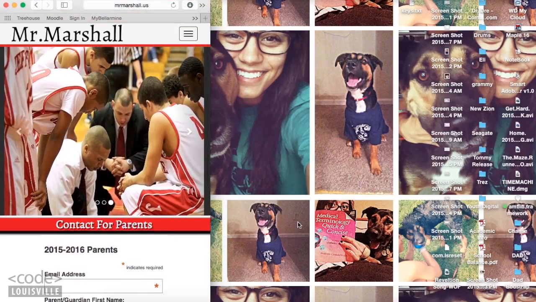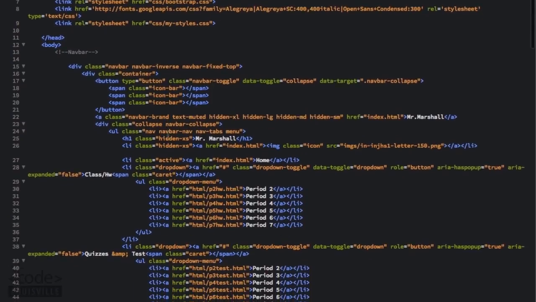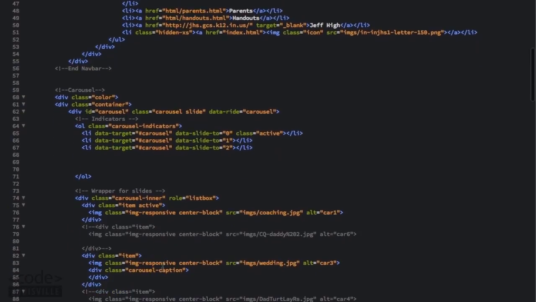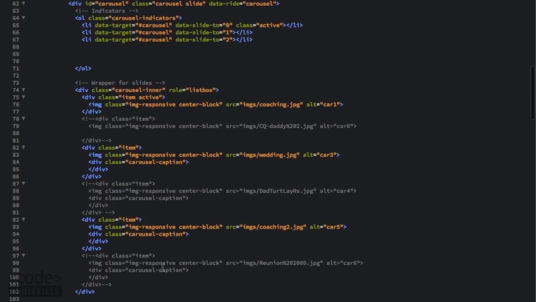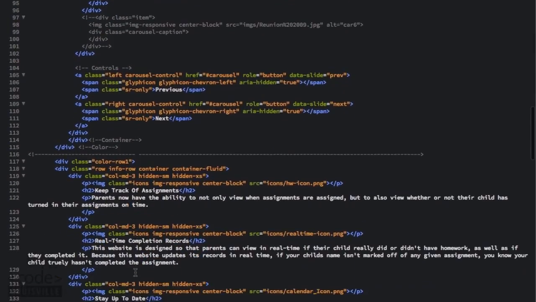Now let's take a look at the code. In my index.html, we have our declarations at the top. We have our Bootstrap import, our Google Fonts import, and my personal styles CSS import. After our navigation, we have our carousel with our images that are represented in the carousel. We have our column rows,